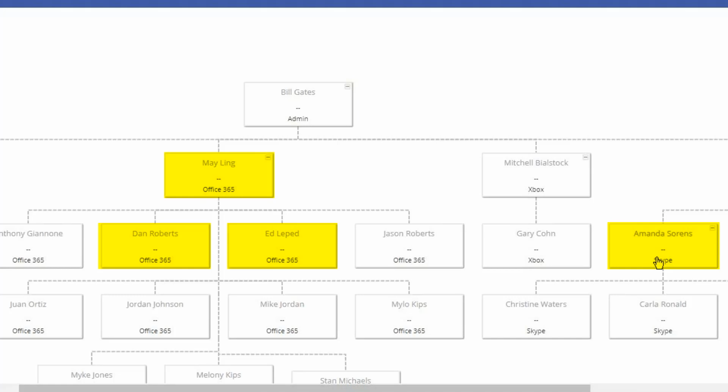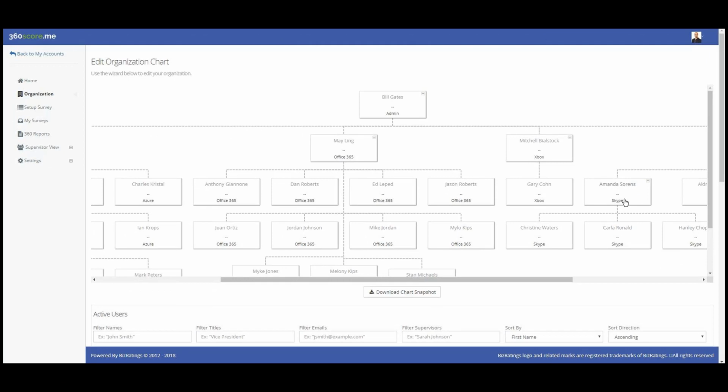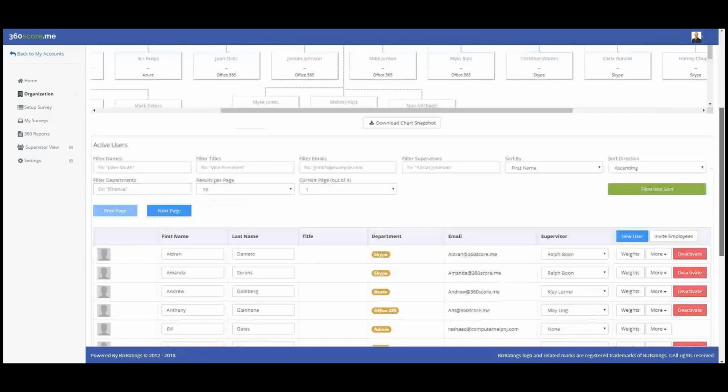Other individuals in the organization, for example, this Amanda Sorens, they are further away in the org chart from these individuals. And so by default, in smaller organizations, we will give them a weighting of 10%. So the weighting of Amanda Sorens of Mei Ling, for example, will be 1/10 the weighting that Dan Roberts will have of Mei Ling. In larger organizations, we set the default weight for these distant people in the org chart to 0. However, these are all just defaults.